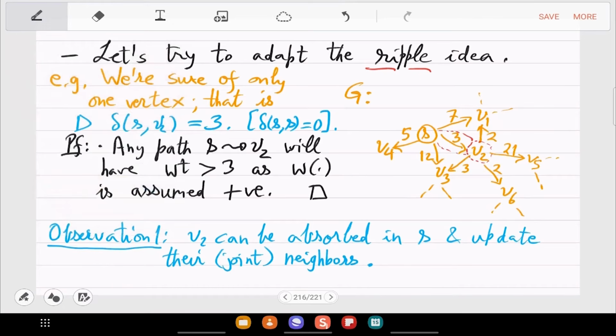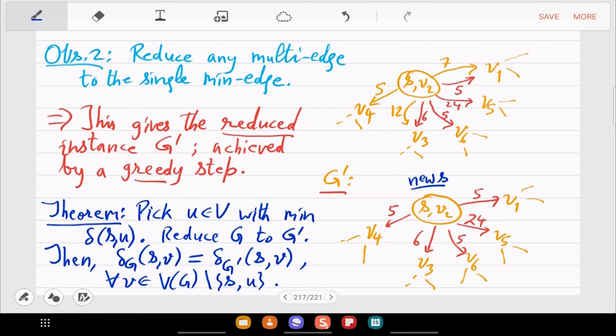So we have made multiple observations. First is that it makes sense to find the nearest city from S. So this vertex in the picture, V2, is the nearest one. That distance we know when we begin this algorithm. Based on that, there is a process we saw, which is this blue theorem in the left bottom, the connection between the old graph G and the new graph G prime.